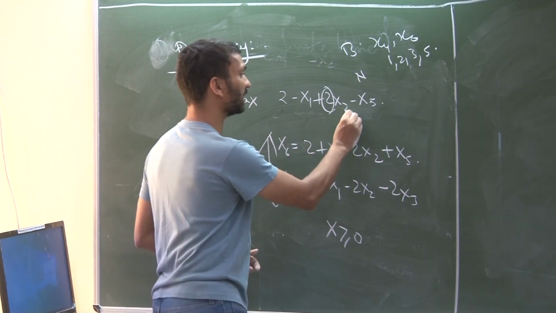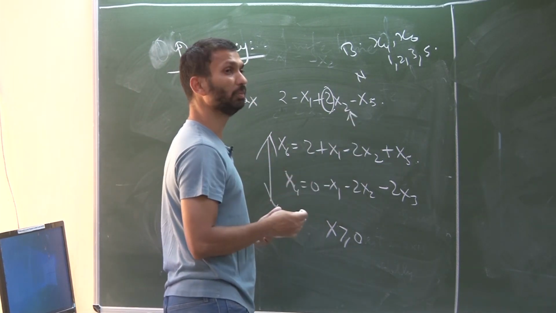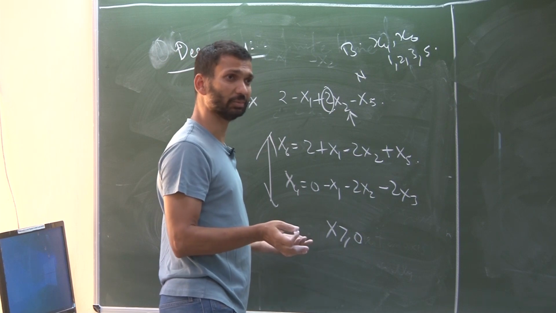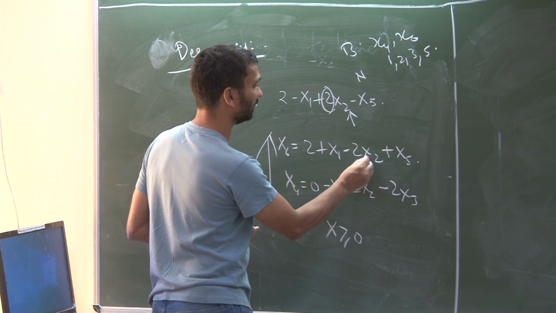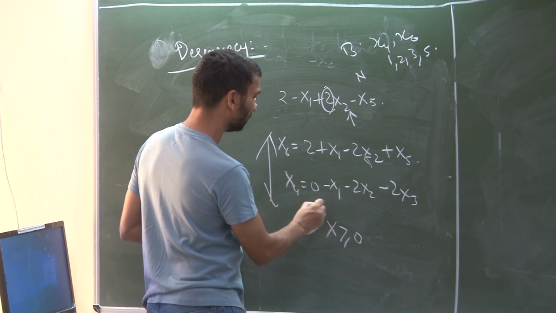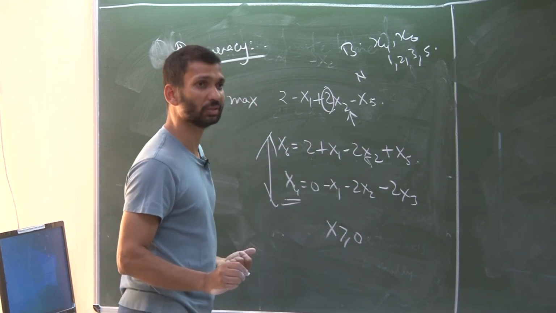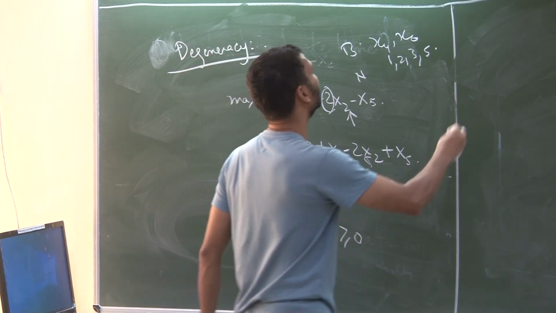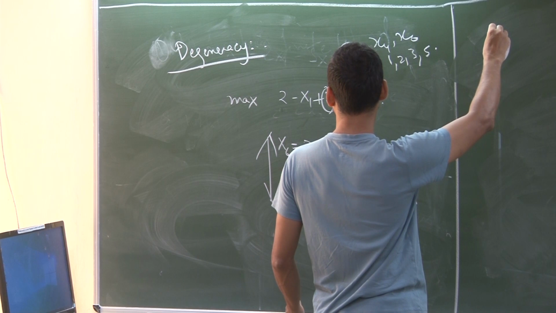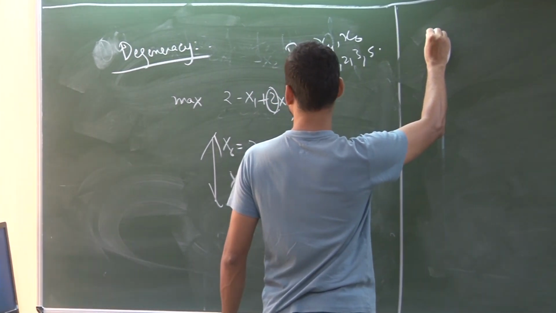But then that means x2 is the only possibility for me to be the entering variable. Yes, here it is great, I can increase x2 to be equal to 1, but x4 cannot be increased. So if you actually look at this solution, this solution is